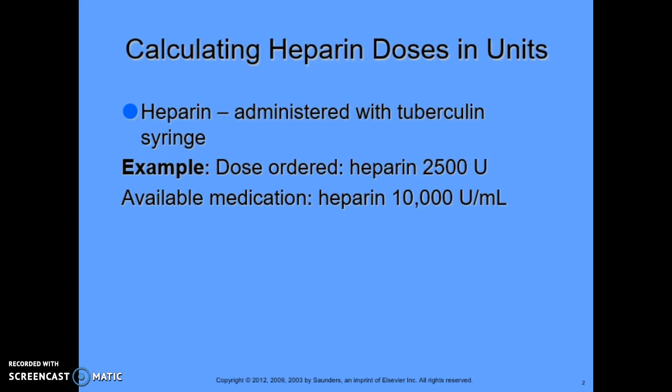So let's look at this example of calculating heparin doses in units. Heparin is administered with a tuberculin syringe, so just something to note. Here we have an example of a dose ordered of heparin 2,500 units, and the available medication is heparin 10,000 units per milliliter. So go ahead and do this calculation